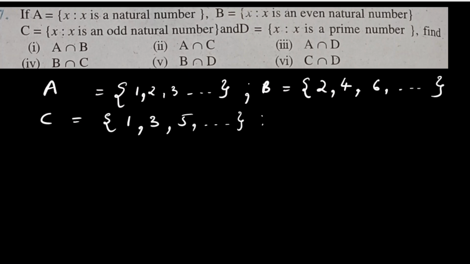This is set D. In set builder form, the sets are given to us. I am just writing the given sets in roster form or tabular form. So D is prime numbers. We can write 2, 3, 5, 7 and so on. All the elements we can't write because all 4 given sets are examples of infinite sets, so all the elements we can't count and it's not possible to write.